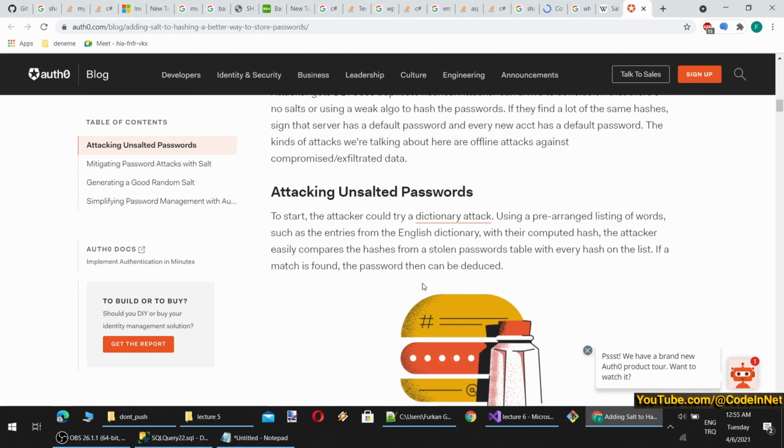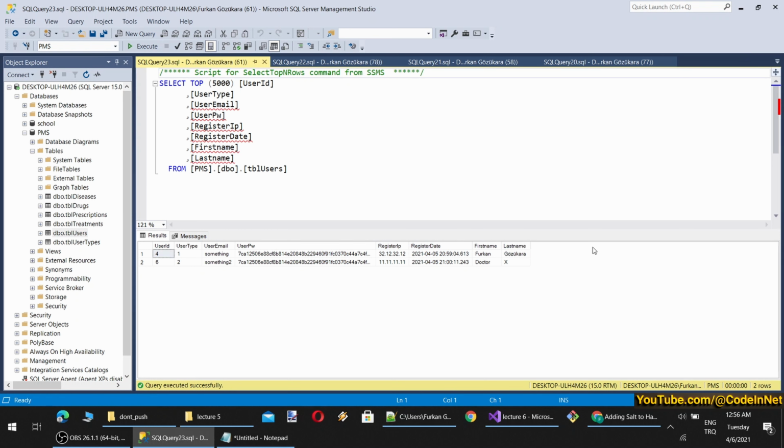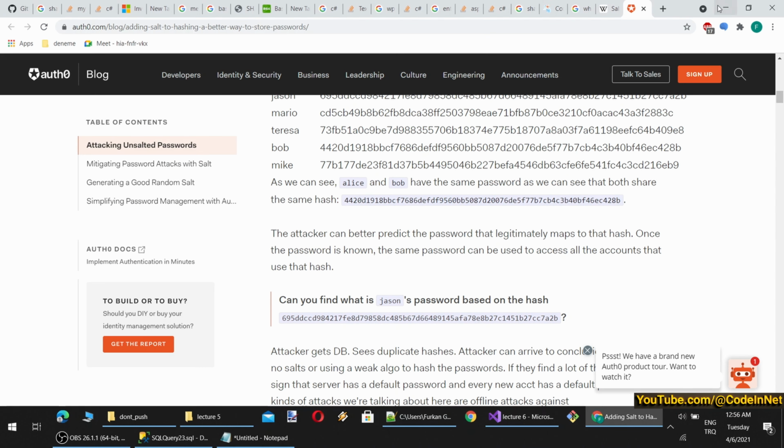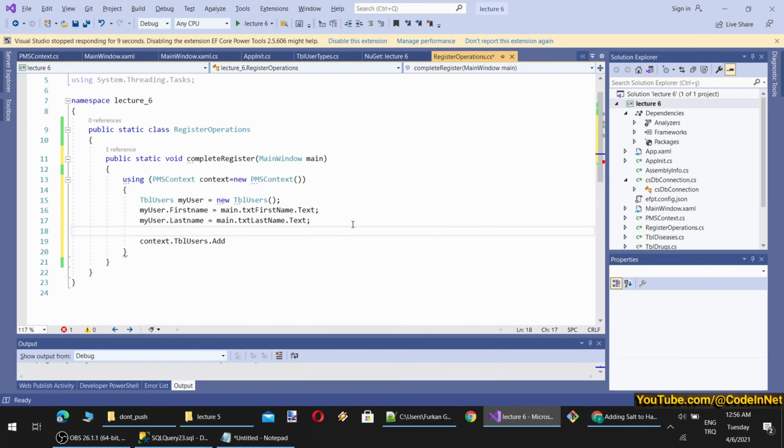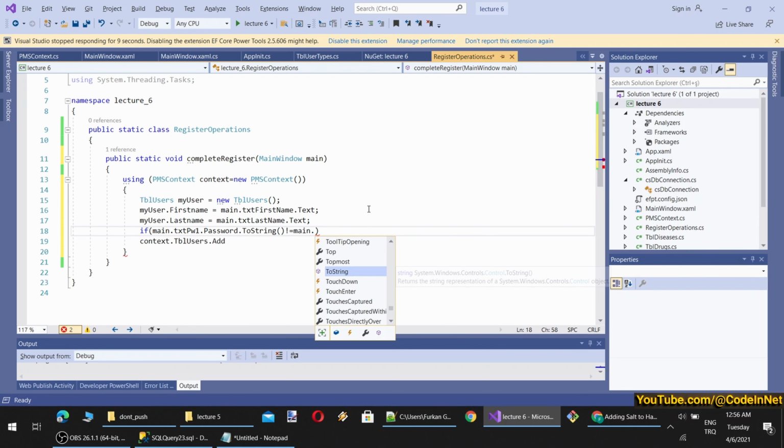So how can we do it? Simply, let's say, if we are not going to let users change their name, then we can use their first name as a salt. Makes sense. So first we need to check, of course, if the password is, for example, Mamun. This is a simple check I'm doing.